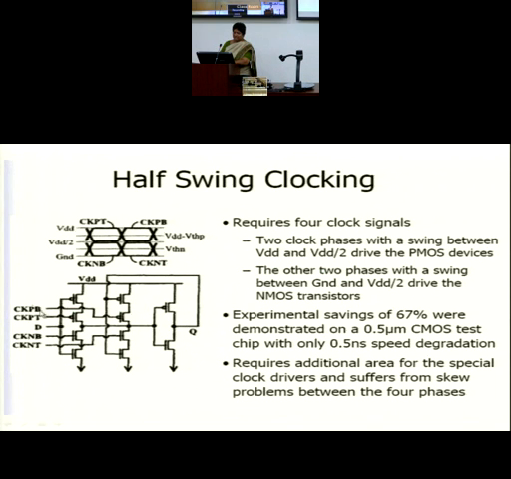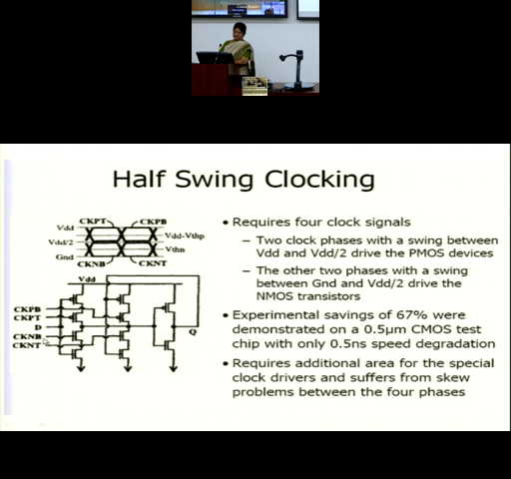So I would be generating the 4 clock signals naturally. 4 clock signals are required now. From the master clock, you need to generate 4 different phases. One changing from 0 to half VDD, another changing from half VDD to VDD, the third one falling from VDD down to half VDD, and the fourth from half VDD to 0. So there are 4 clocks required. So naturally there is a design overhead.